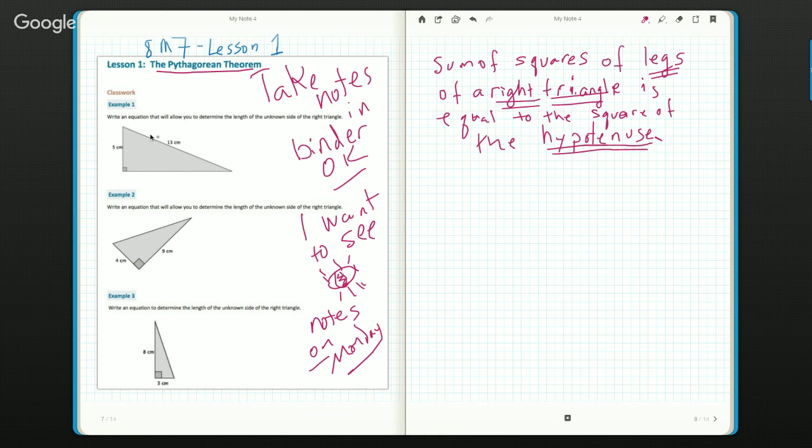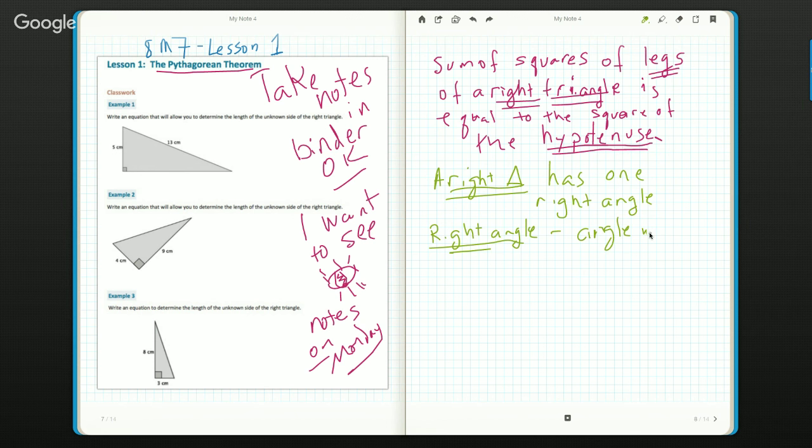The hypotenuse. So we need to define these three things. So let's look over here at this triangle and see if we can make sense of what a right triangle, the legs of a right triangle, and the hypotenuse are. So the idea is a right triangle is one that has a right angle. A right triangle has one right angle. And a right angle is simply an angle that measures